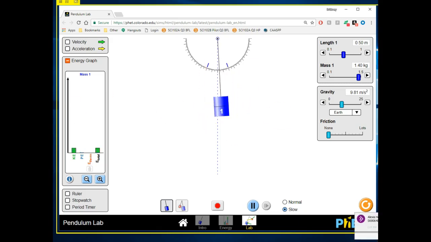Smiley faces if you can see that. Okay, so as I change the mass here, it seems like our path is staying pretty much the same. Awesome. Okay, now the other one I want you to notice though is if I change the length.